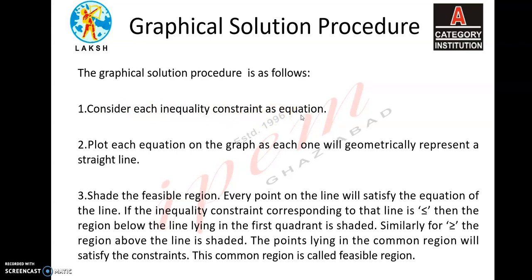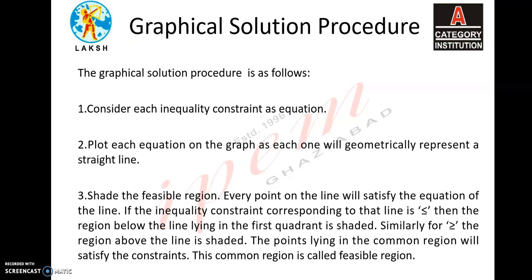Now, let's understand again what a linear programming problem is. A linear programming problem consists of an objective function with simultaneous linear equations and non-negative variables. The objective function can be either maximum or minimum, for example, maximum z is equal to 5x1 plus 3x2, subject to the constraints. There may be more than 2.